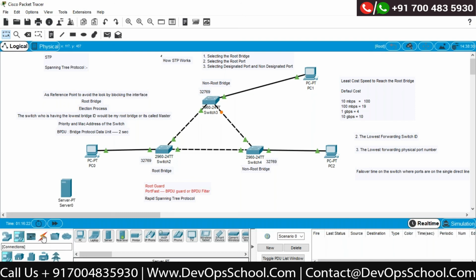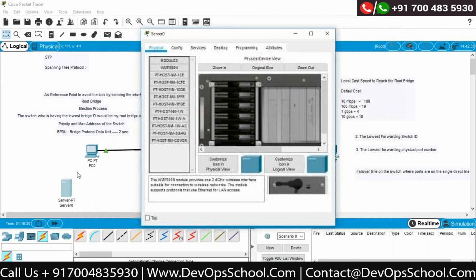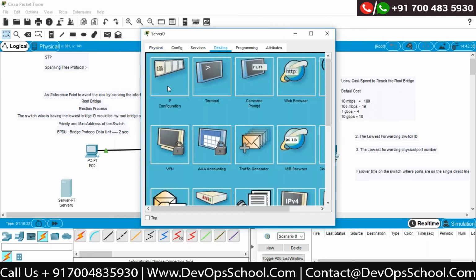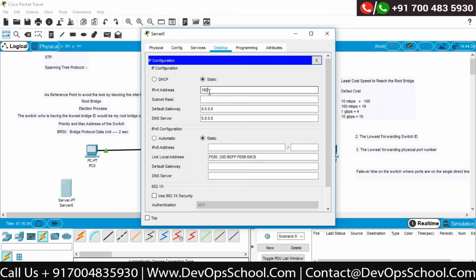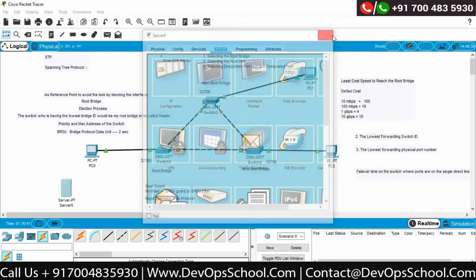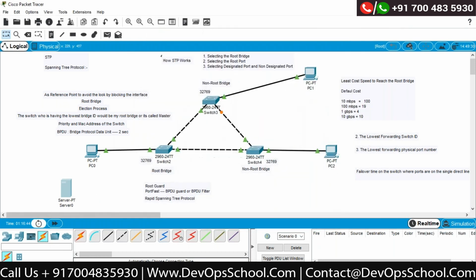Now this server is a database server, and I connected it in my organization for people to access the database. I will give the IP address 192.168.1.25. Now look at things carefully. If I connect the wire